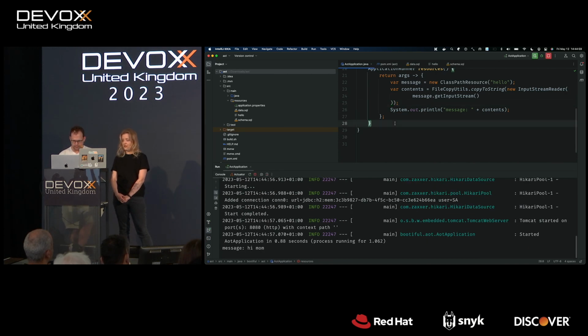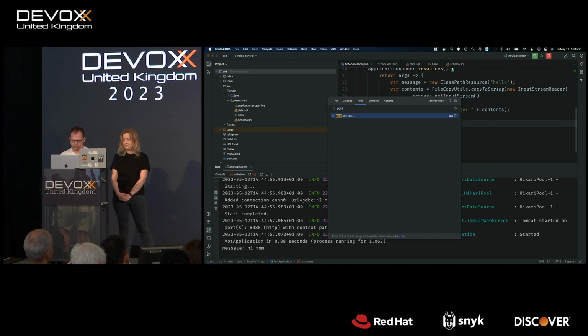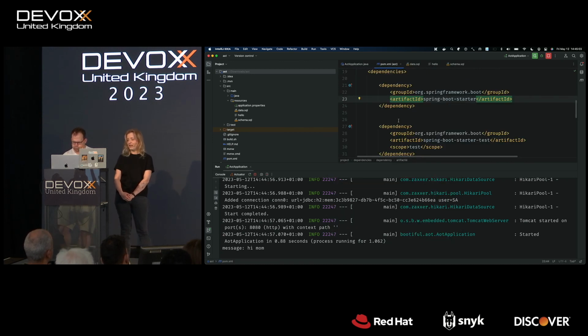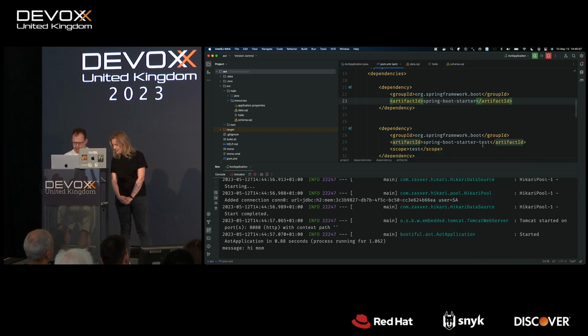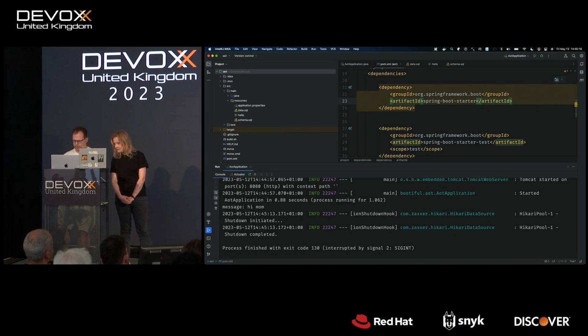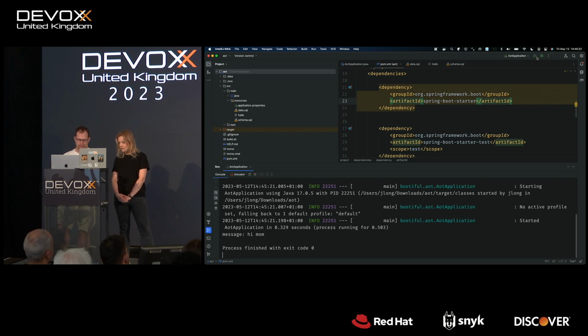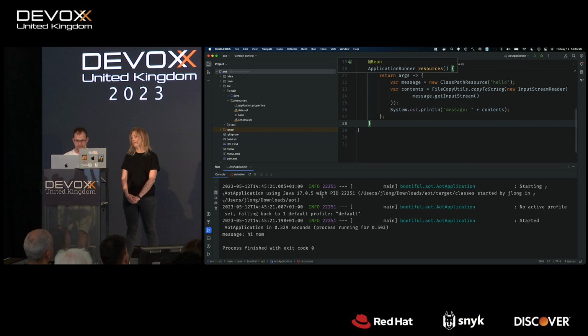Fantastic. So it took us only a while to make it work on the JVM. Now let's try native, because how hard can that be? But why is it starting as a web app if I got rid of the web? IntelliJ hasn't synced up the class path here. Okay. What's the annotation we used for the refresh? Just refreshing. Got to refresh. This is like a fun thing. There you go. So it starts up and spins up and spins down. No big deal. Okay. Let's turn that into a native image, right?